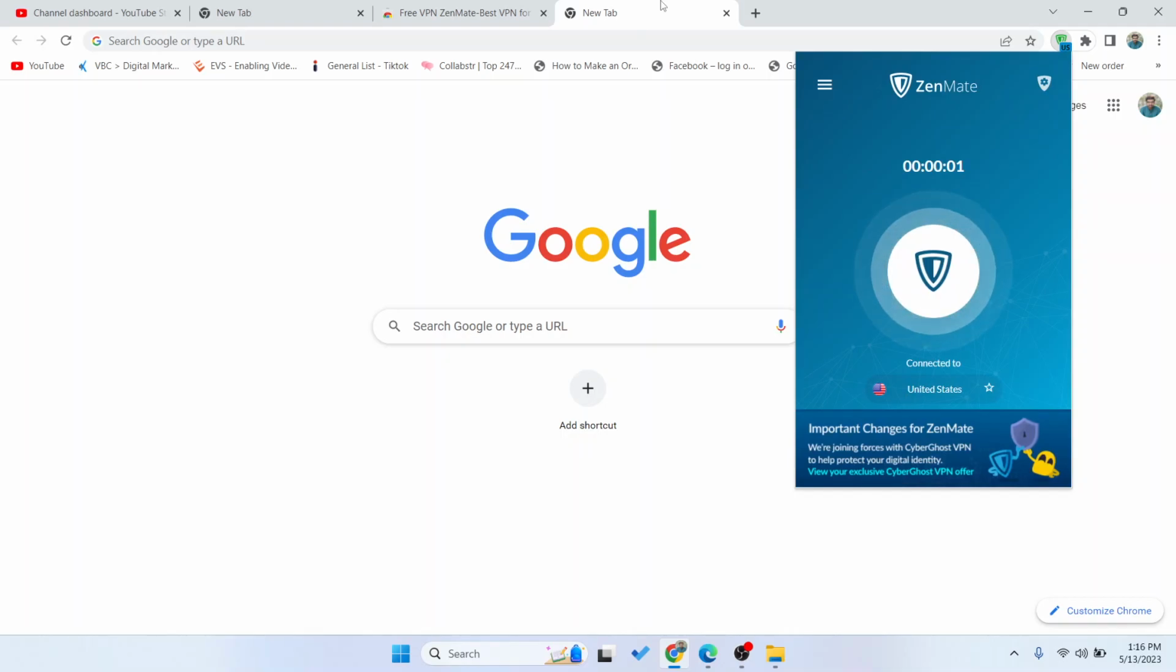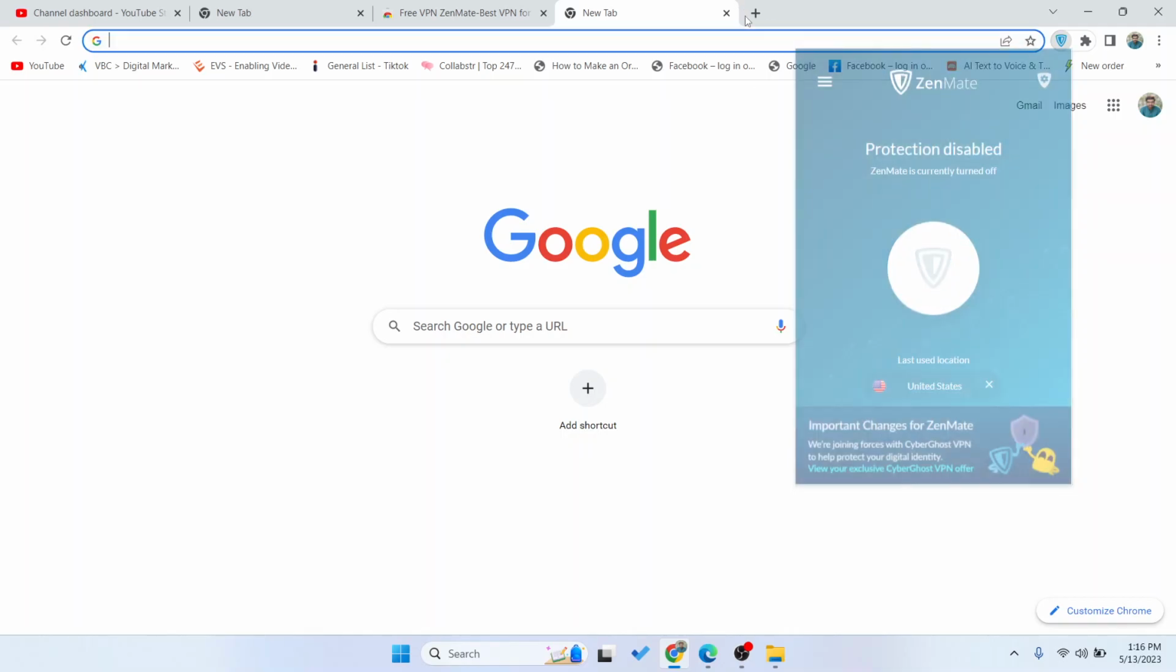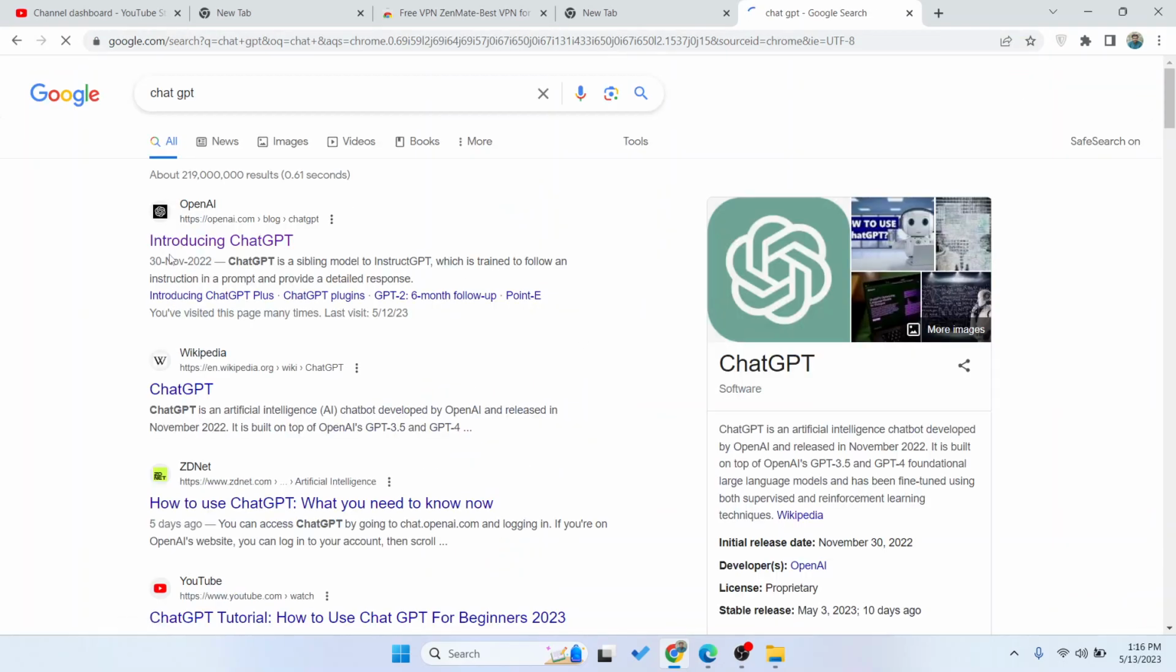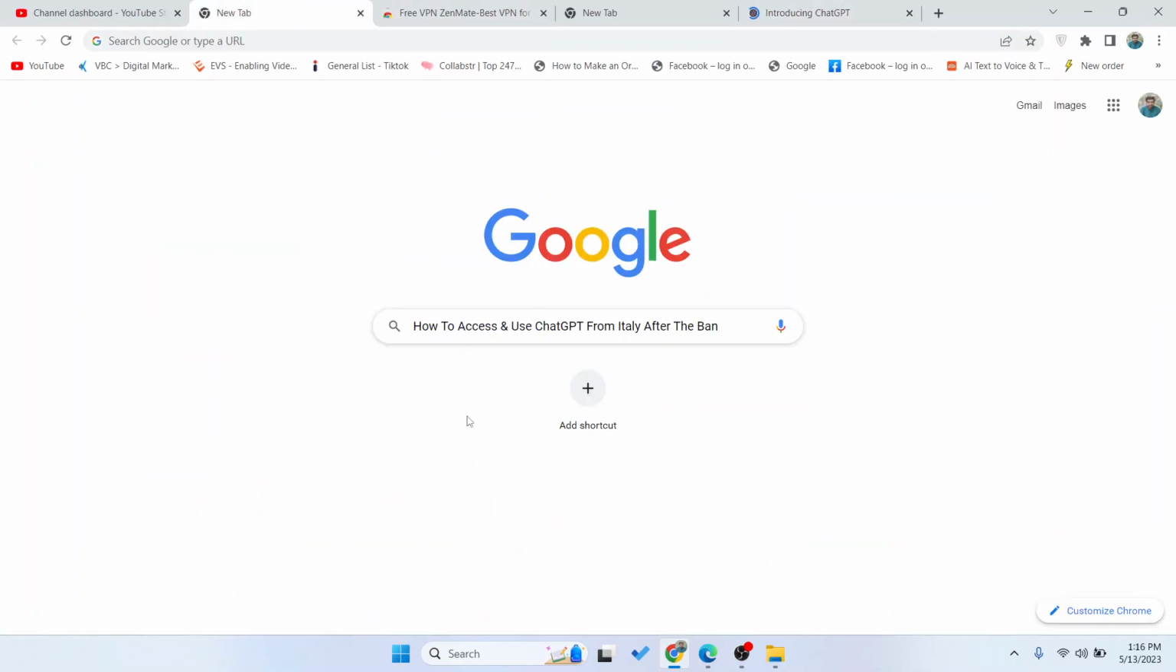So let me connect to the US, and once you are connected, you simply need to go and open ChatGPT, and you can easily access it. So this is the process by which you can access and use ChatGPT from Italy after